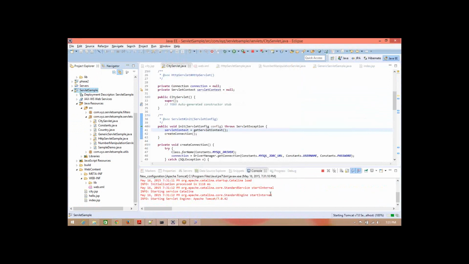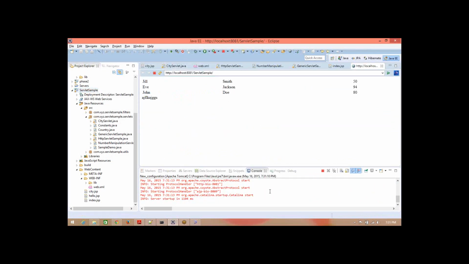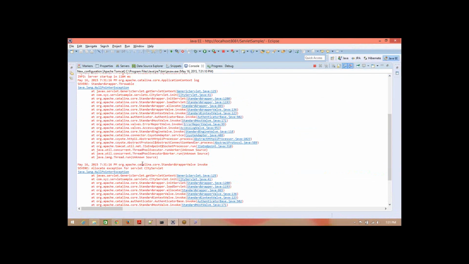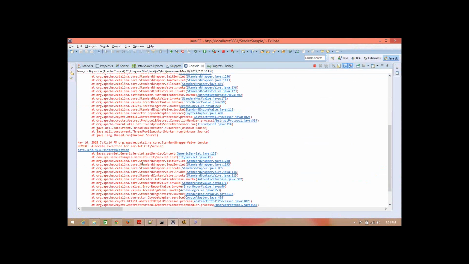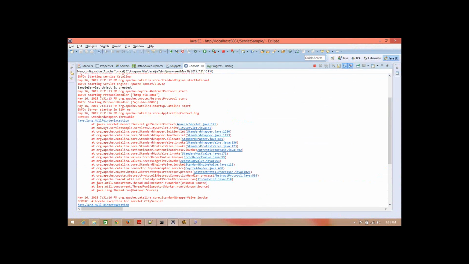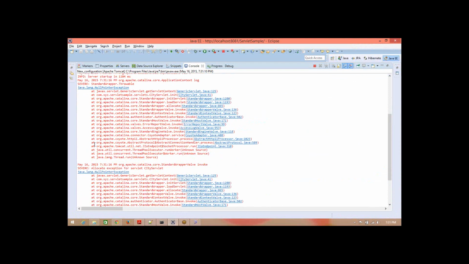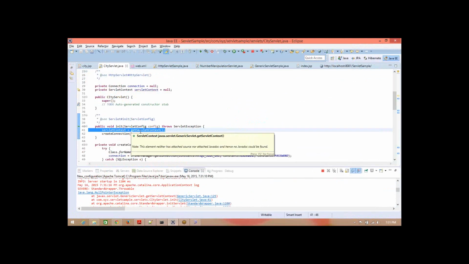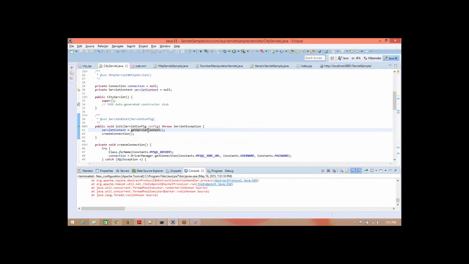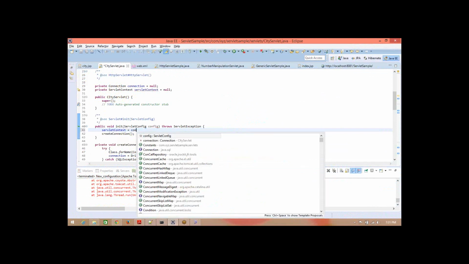See, this is nothing but I'm debugging that issue. Okay, so we'll try. Again, I am getting the null pointer. Why am I getting a null pointer? I got the null pointer 2 times. Why? Init method. I can't get a null pointer. Why am I getting a null pointer? Okay. Config dot